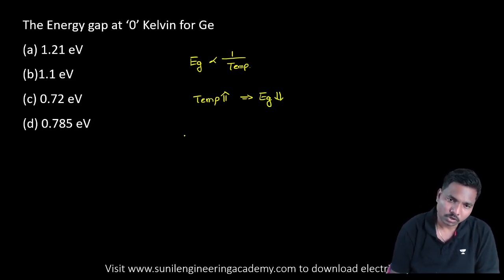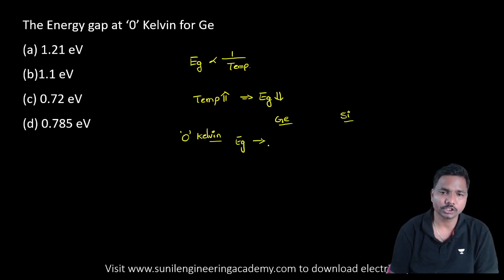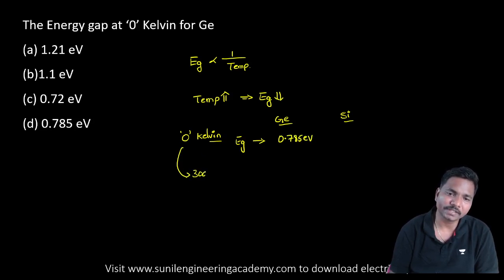So if you consider 0 Kelvin, in case of germanium or silicon, the energy gap for germanium at 0 Kelvin is 0.785 electron volt. Whenever the temperature increases from 0 Kelvin to 300 Kelvin, that means room temperature,